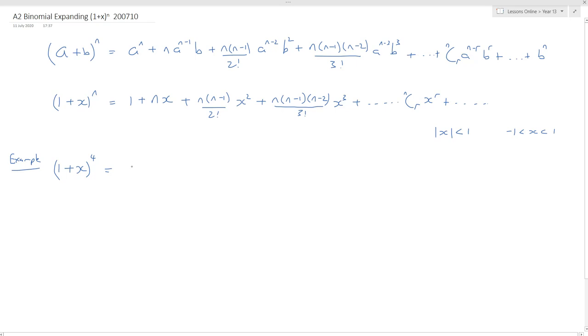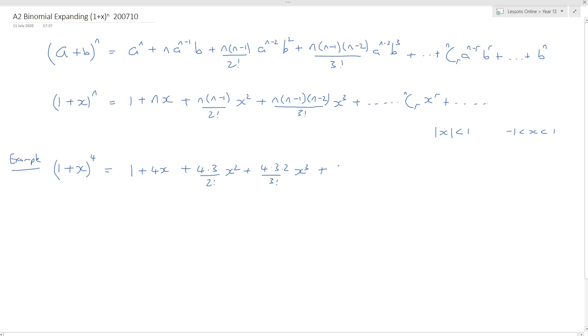So that gives us 1 plus 4x plus 4 times 3, I use a dot as times, divided by 2 factorial, x squared, plus 4 times 3 times 2 over 3 factorial, x cubed,